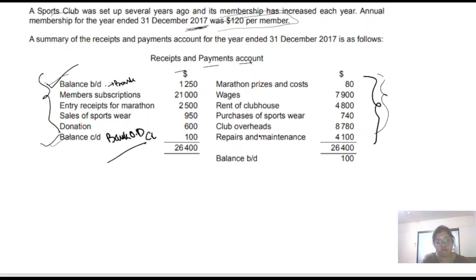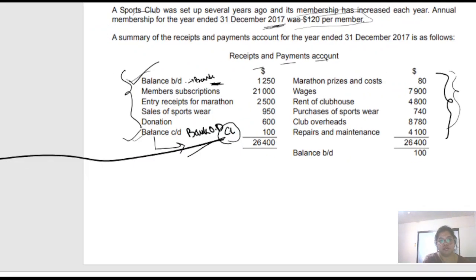Okay, so from this it is clearly visible to you, this is your opening balance and this is your closing balance, because this is on the debit side. It indicates that you are having a bank overdraft. Okay, so bank overdraft is your current liability. Moving forward to the question,